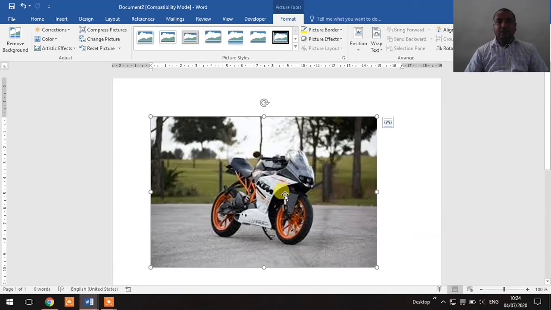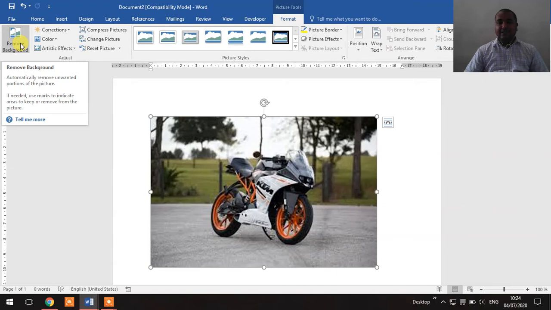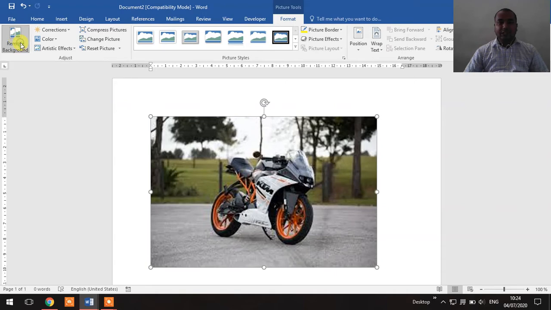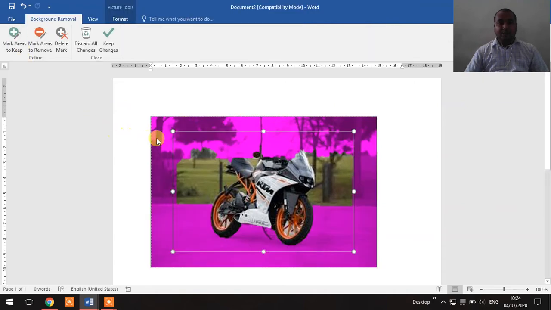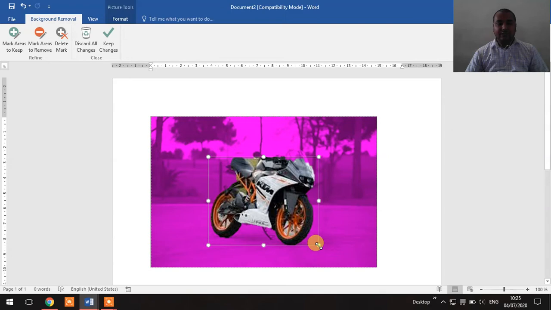The first option given here is Remove Background. By using this option you can remove the background of your picture. For this you click, and options are given here. You can select the area from which you want to remove the background. You can see here I have selected, and the backgrounds are getting removed.